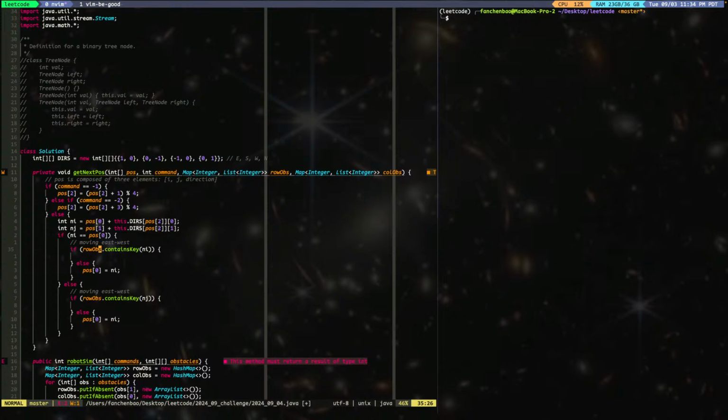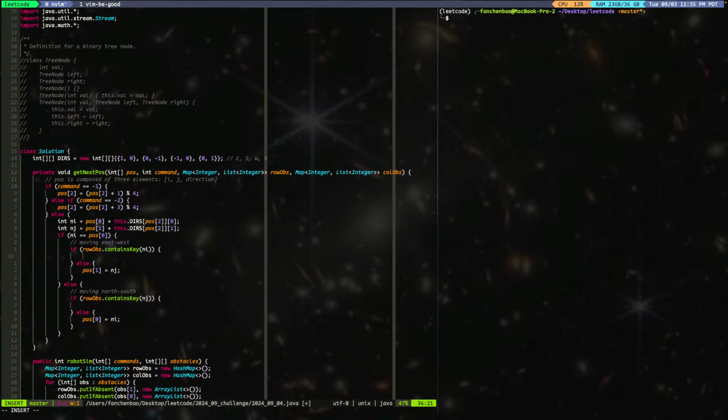And then we'll check a row if it contains. If a row doesn't contain, then this will be j, right? This will be nj. And then here is north-south, when the j is the same, which is the column. Then you will set n0 equal to ni. That is correct. And then we don't change anything. But here, we do need to change because we need to know